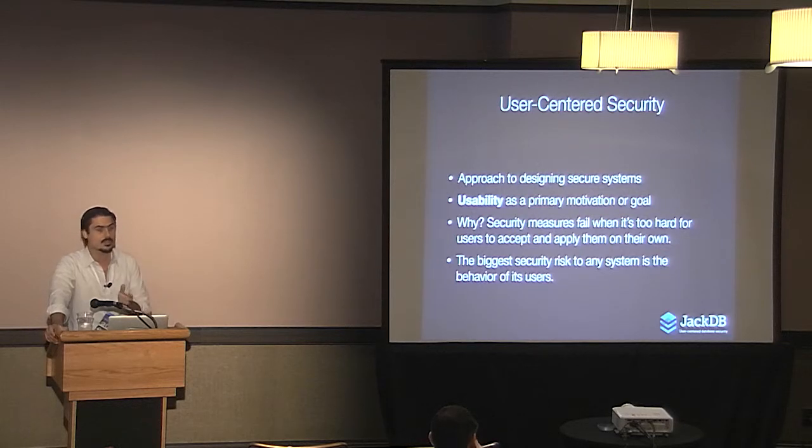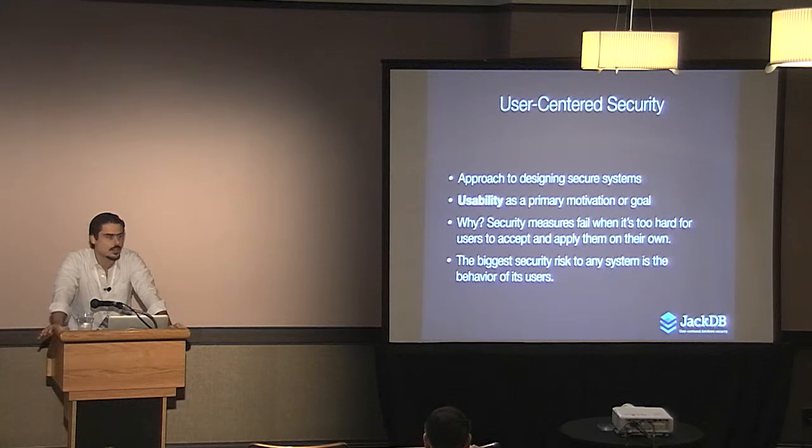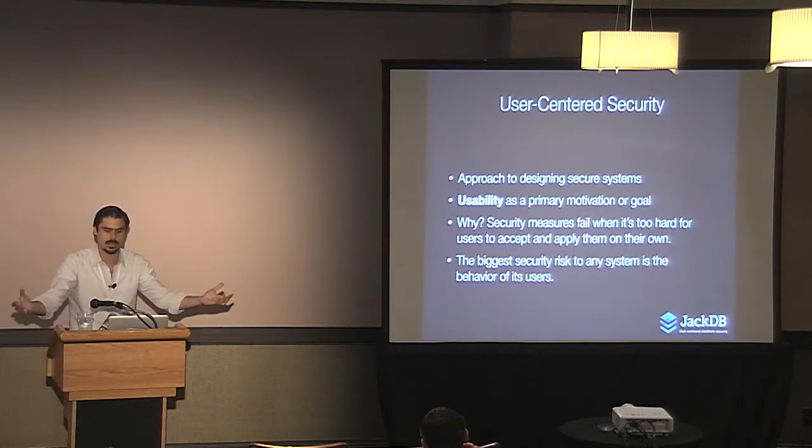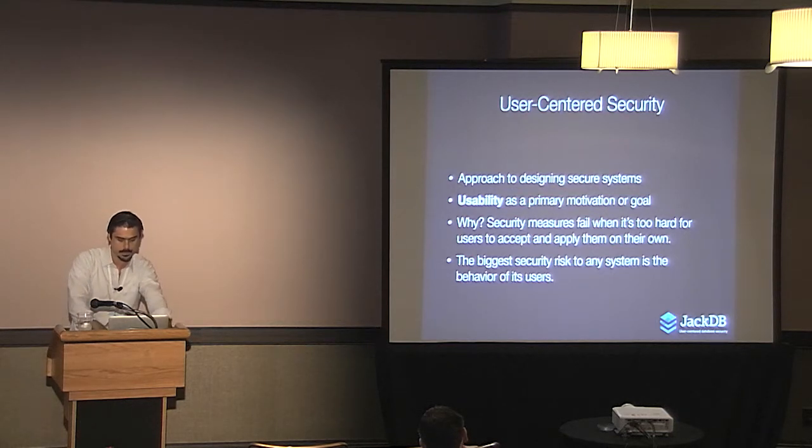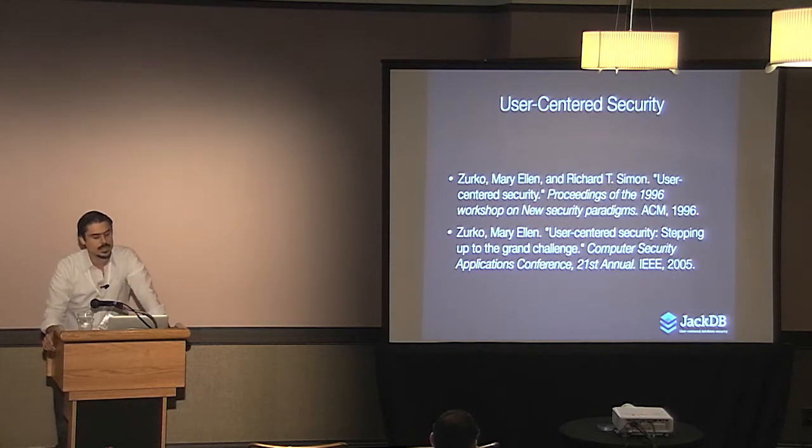So then people start finding other ways of accessing systems, and it ends up being almost accepted at the place they work, because if you didn't do those things, you wouldn't be able to get your job done. So approach security from a usability argument: find a way for people to get their jobs done in a secure fashion. It's a double win, because people are happy since they can do their jobs, and you solve the security argument. If you want to read up, there's a nice paper. I'll post the slides afterwards so you can follow up on it. It's a really nice paper on this topic, and there's a follow-up on that paper about 10 years later.